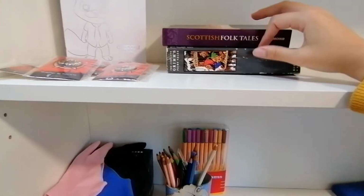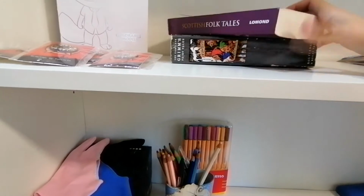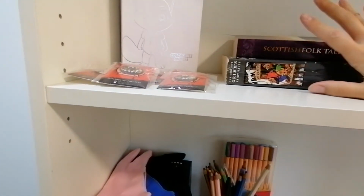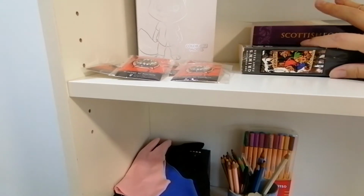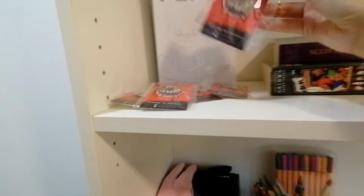A couple of books I'm currently having here because they're a bit of inspiration for my October project. I'm taking inspiration from book illustrations, very line work focused, because that's the style I kind of want to achieve with it. And then here are a couple of my enamel pins